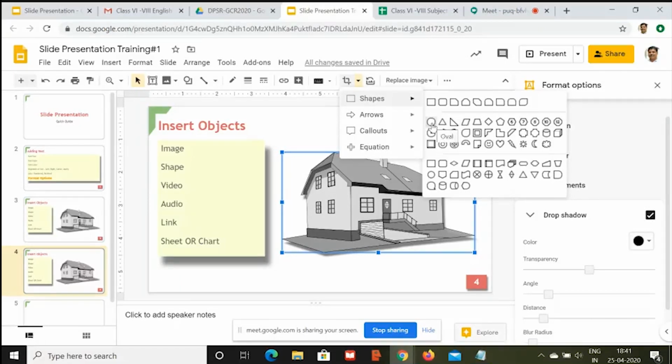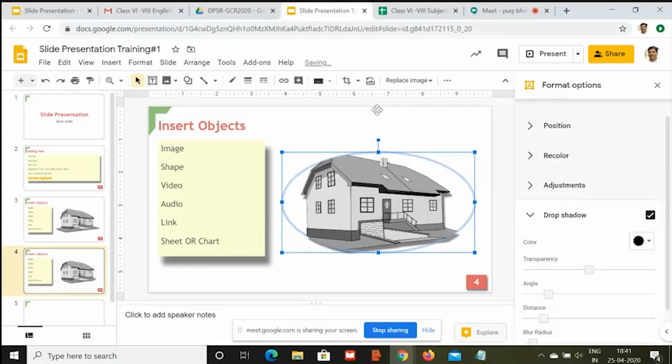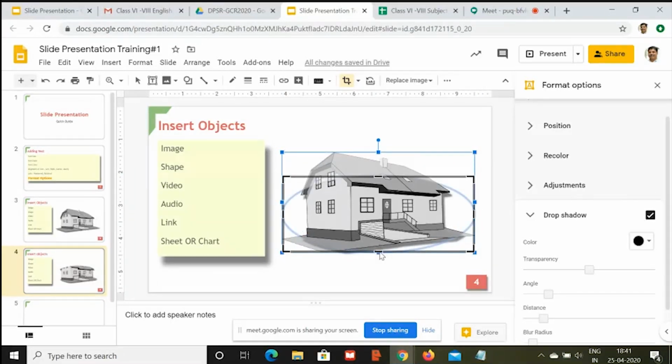So I am taking the oval shape from here. Now, once I select the oval shape, I am allowed to crop it in the circular way. Just notice I am interested in seeing only the front part of this house. So I'll just adjust my pointers to that particular part. Let's reduce it. I'm interested in only this area.